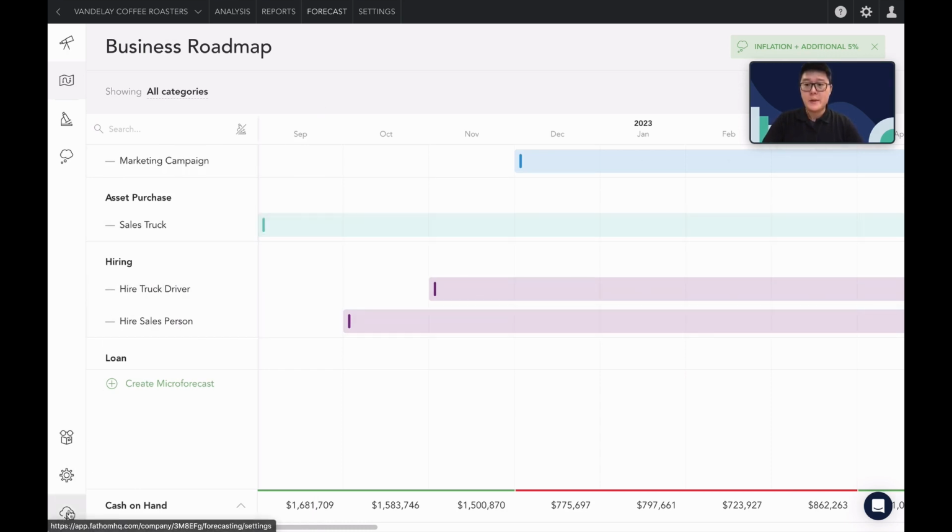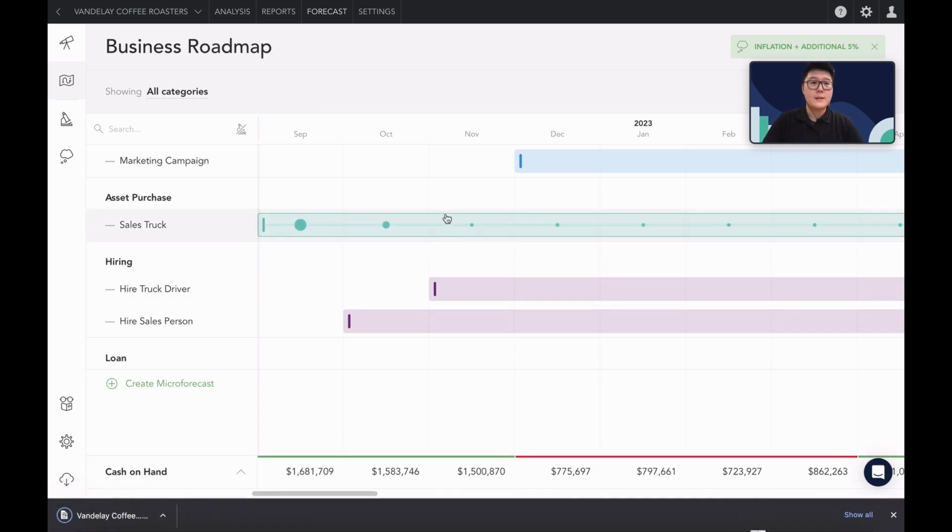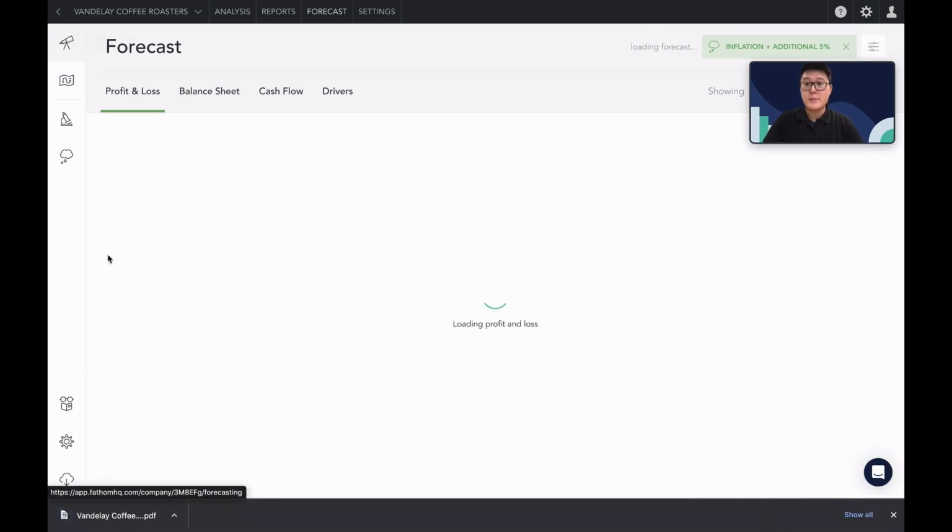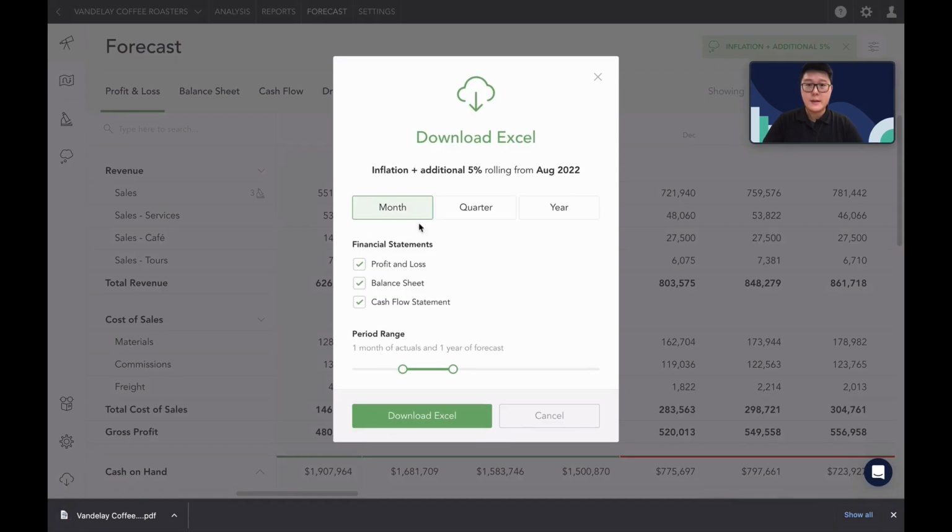First up in the bottom left here, you've got the option to download. So you can always download the forecast into PDF. So let's just go ahead and select that option. So we can download the Excel, whichever scenario that you've selected. You can select the profit and loss, balance sheet, cash flow statement, and select the date range. So you can have 12 months of actuals and up to 3 years of your forecasted values going forward. That's certainly an option, but Excel can sometimes be a little bit difficult to communicate to other stakeholders in the